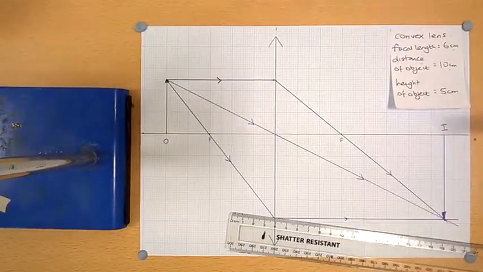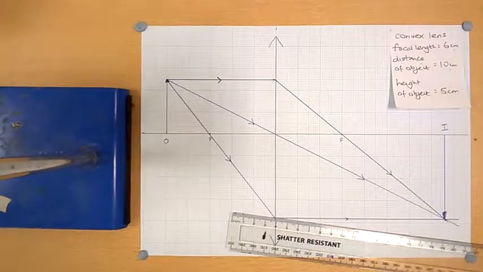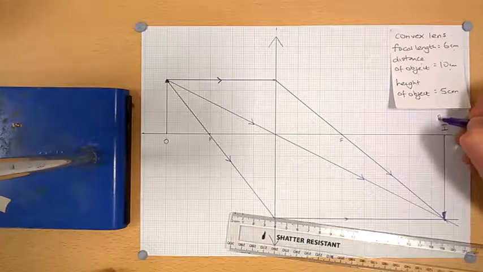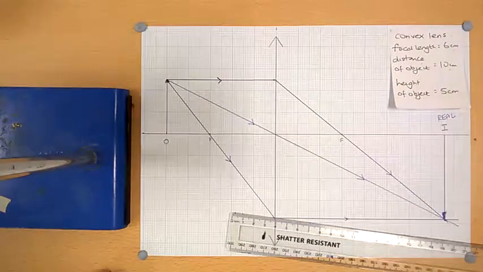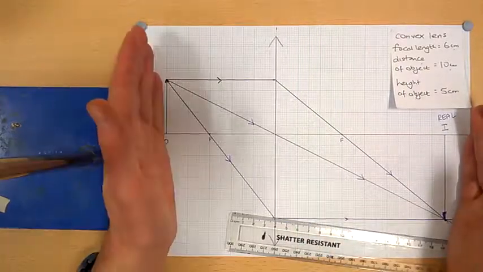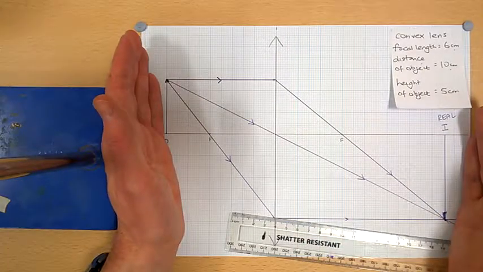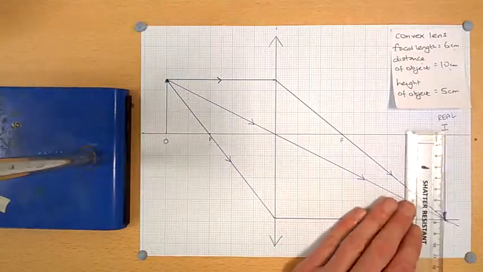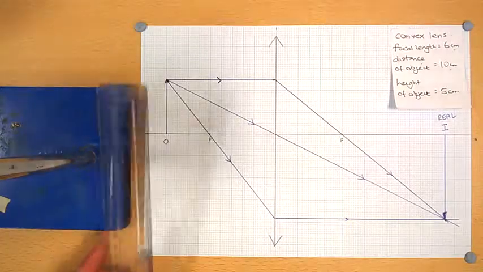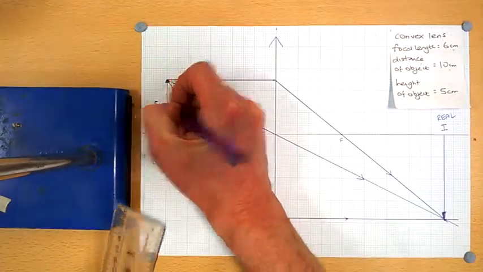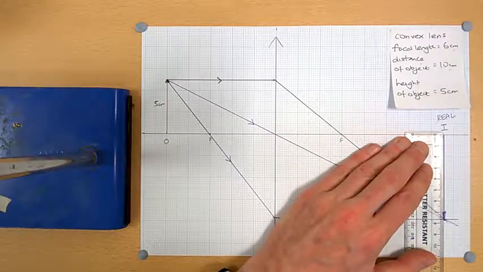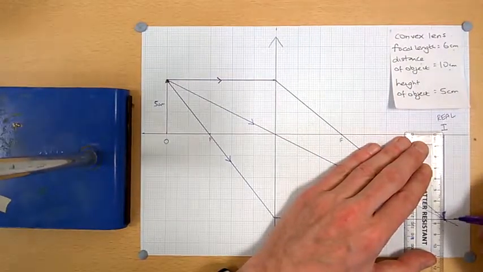Okay, it's an image that's real. This is an image that I could project onto a screen. Okay, so with convex lenses, the image can be real. If it's on this side and the object was on that side, it is going to be a real image. In this case, we can see it's also larger than the object I started with. This was 5 centimeters. If I carefully measured this with my ruler, that is about